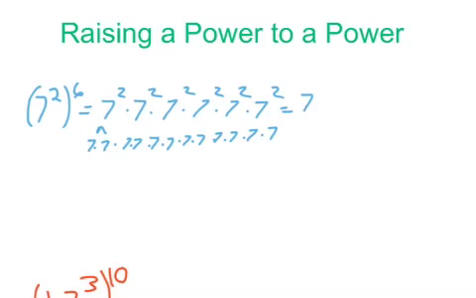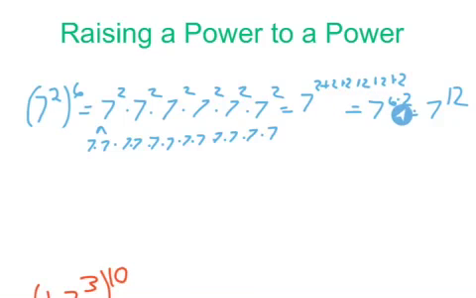It'd be like writing 7, 2, plus 2, plus 2, plus 2, plus 2, plus 2, which really works out to be 7, and I'm adding 6 sets of 2, so that's like saying 6 times 2, or 7 to the 12th power. Now, for your notes or for your homework or for the test, we're not expecting you to write it out long ways like this. You'll kind of get what's going on within this problem or the next problem, okay? But I just wanted to show you